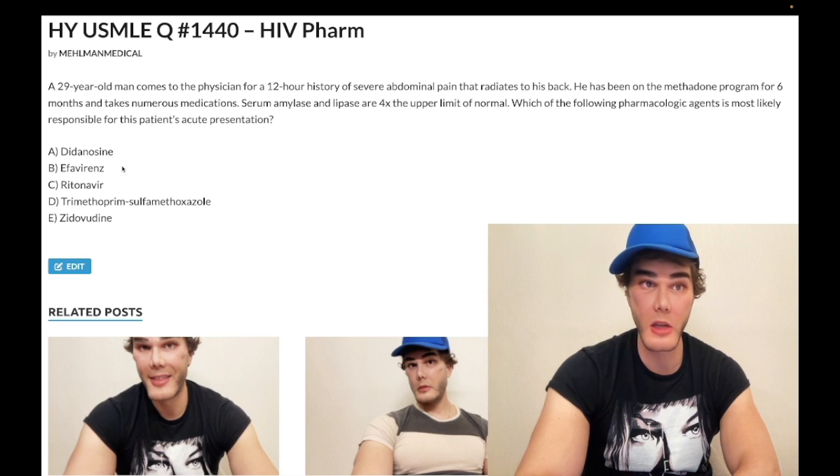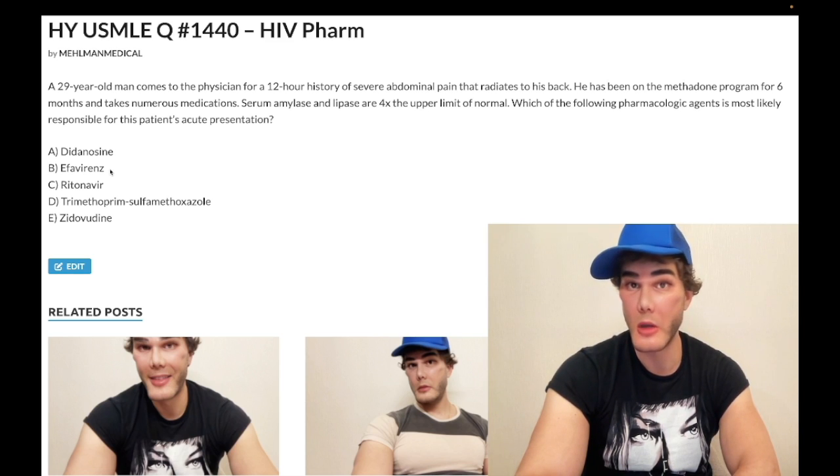Okay. In contrast, efavirenz, wrong answer, is a non-nucleoside reverse transcriptase inhibitor, NNRTI, which means it doesn't have that same structure. But efavirenz is one of the 2 medications you need to know that causes wild, vivid dreams. The other medication for USMLE is varenicline, which is a nicotinic receptor partial agonist that's used for smoking cessation. Wrong answer.